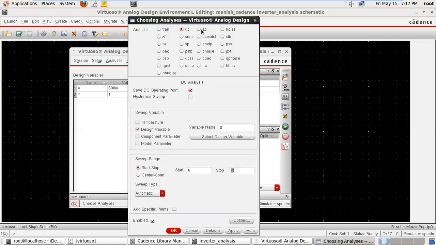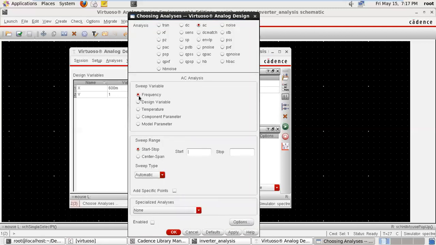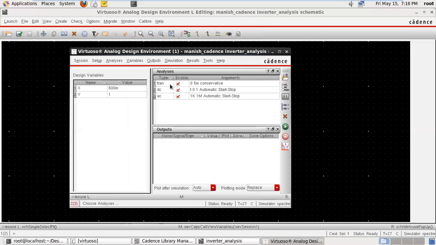Third one is for AC analysis. So in the case of AC, frequency is the x variable. So suppose we are taking the frequency range as 1 kilohertz to 1 megahertz. Okay, apply. So here we have transient analysis, DC analysis, and AC analysis.